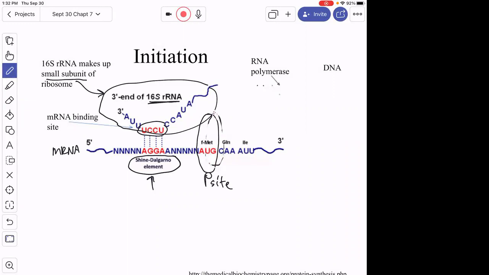In eukaryotes, they don't have a Shine-Dalgarno element. Their 5' cap lines up just right here. So there are some differences there. How do you remember that this is the 5' end? This was part of my drawing, which didn't really show up. I don't know if my drawing showed up on what I posted, but I was trying to show that RNA, remember this is messenger RNA, can still be,